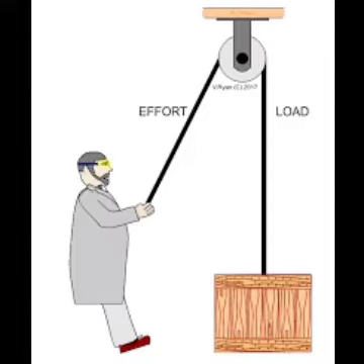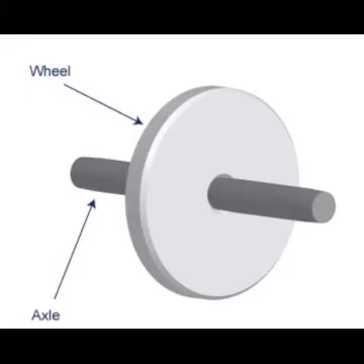Next one is the wheel and axle. Wheel and axle make work easier by moving objects across a distance. The wheel and axle greatly reduce the friction involved in moving an object. The wheel, that is the round end, turns with the axle, causing movement. The wheel is one of the most significant inventions in the history of the world. Before the invention of wheels, the amount of load and the distance through which we could carry the load over land was limited.